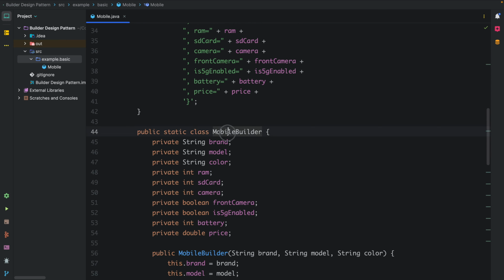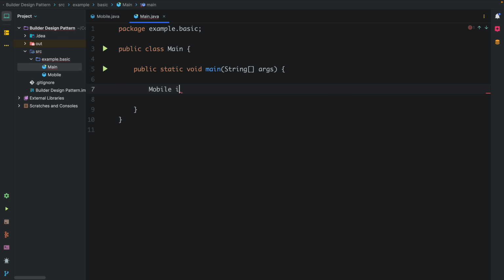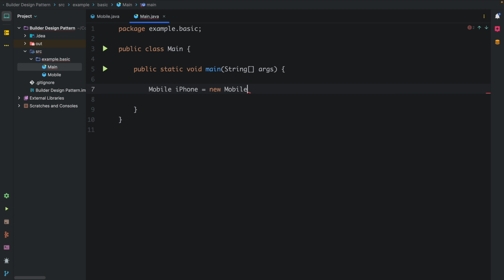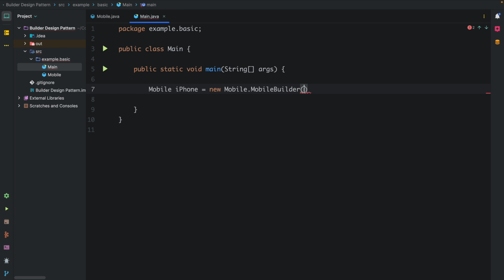So for example, I need to create one mobile object. So call it iPhone equals to new Mobile.MobileBuilder, and there are three required properties for the MobileBuilder constructor, you can see here. So brand, model, and color, right? So here we need to pass the brand value, for example Apple,